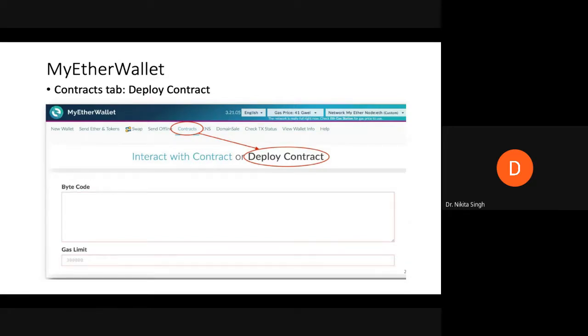Now you can start deploying your smart contracts. So in this MyEther wallet framework, you go to contracts, and you can click on deploy smart contract. It says deploy smart contract. Now what you have to do is, here it says bytecode. You have to put the bytecode here. You have to put the gas limit. Now, how do you get the bytecode of the smart contract? To get the bytecode of the smart contract,